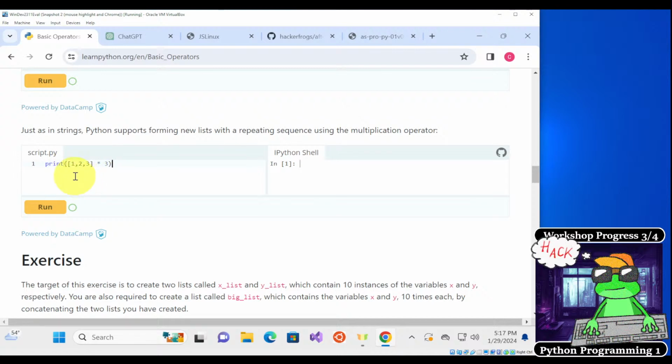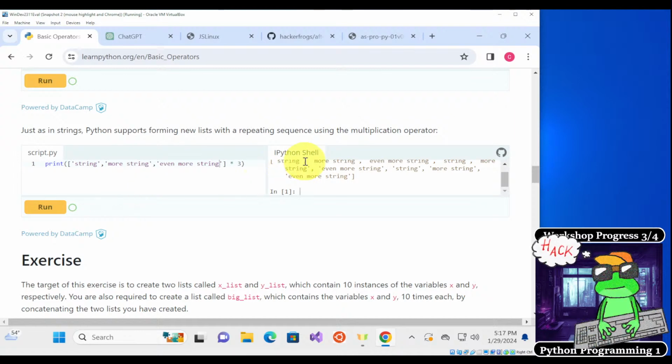So it's just going to give us this list 3 times. So 1, 2, 3, 1, 2, 3, 1, 2, 3, yeah. If I decided to put some strings in here, string, more string, and even more string, then it's going to print out these strings a bunch of times. Yeah, just like this. Okay.